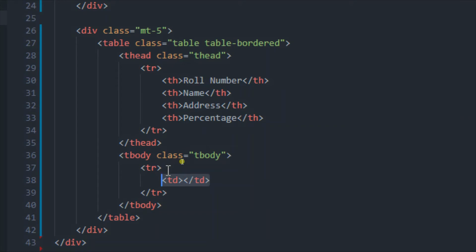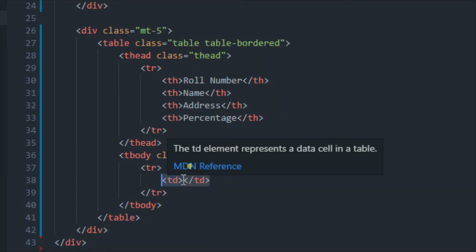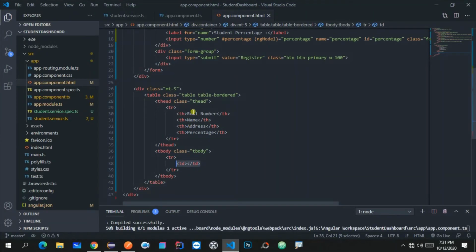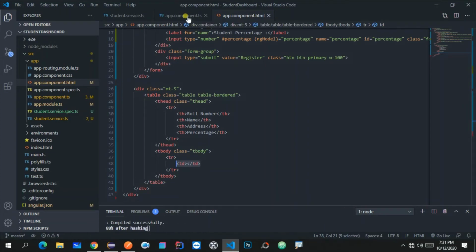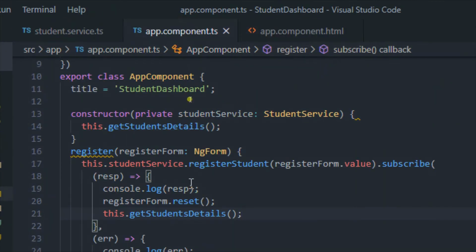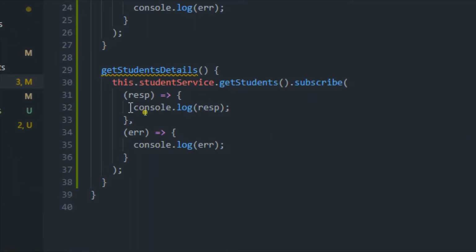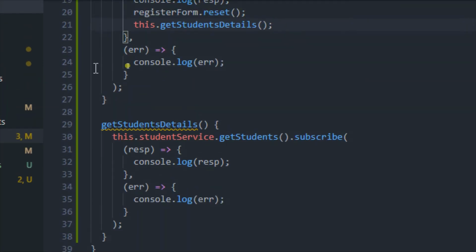There will be a different approach here because we are going to use some Angular functionality. So let me go to the app.component.ts file, where we are getting the response. We will take this response, keep all the response values in one array, and bind that array with the table.